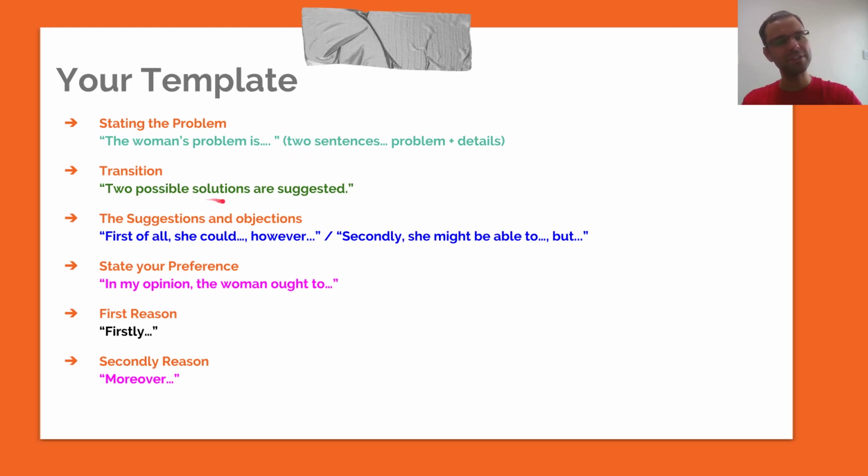Then I'm going to use a transition. In this case, 2 possible solutions are suggested. You don't need to change the transition in your answer. You can just blindly use mine. It's okay. Next, I'm going to briefly list the suggestions and the objections. First of all, she could fill in the blank. However, fill in the blank. Secondly, she might be able to fill in the blank, but